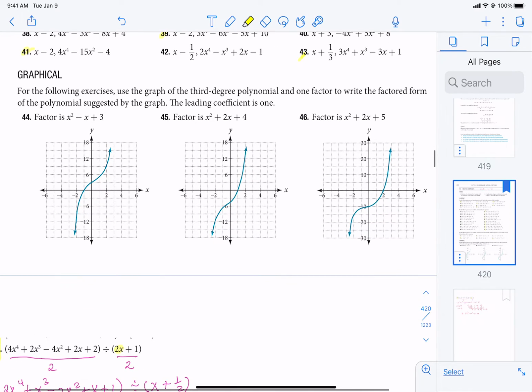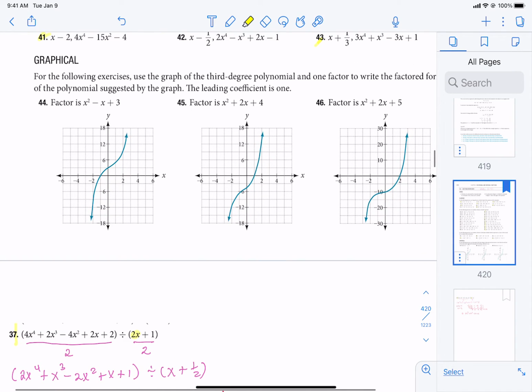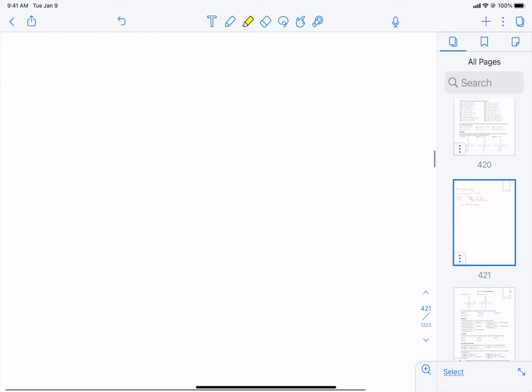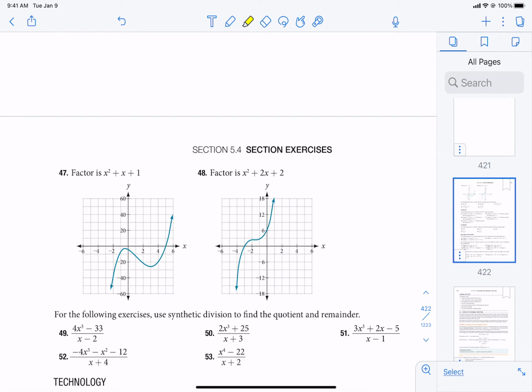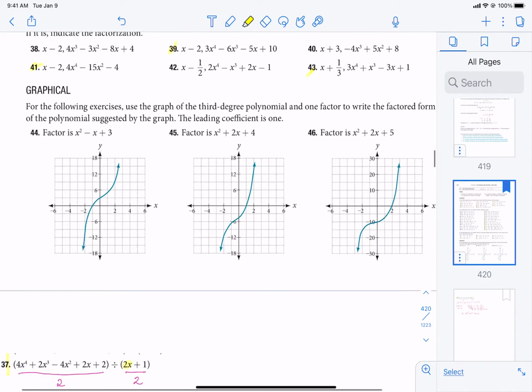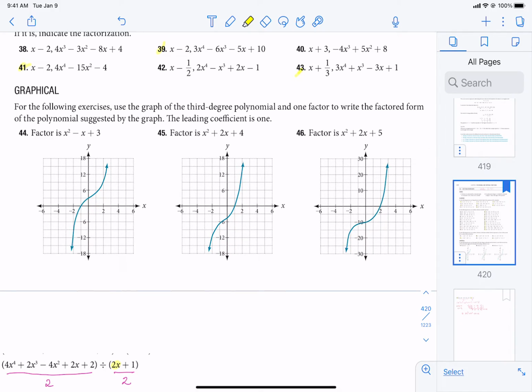What I want to do is I want to do 45 with you, and that will allow you to try 47 on your own. Okay, so let's take a look at 45. It says,